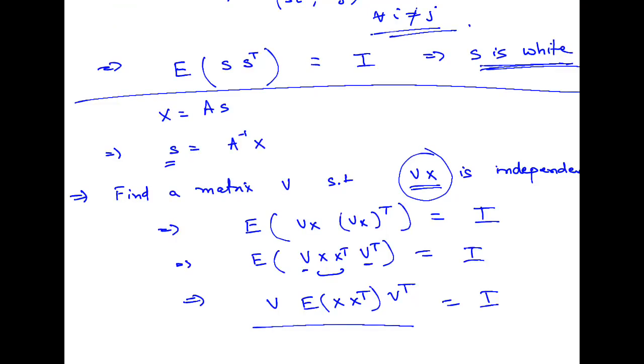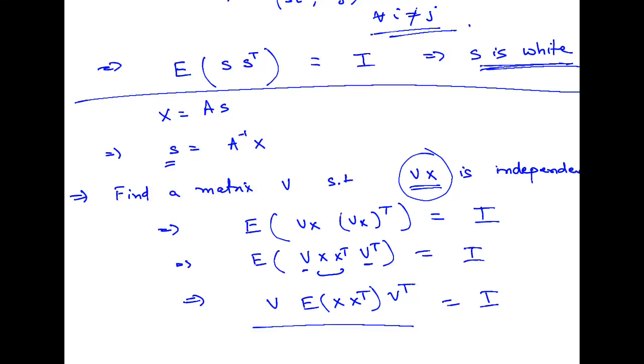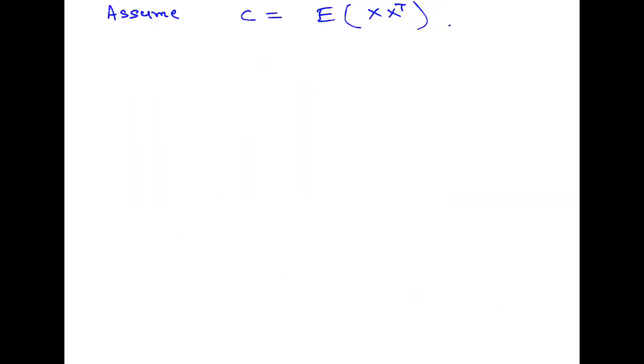So one approach to do that, can anybody guess? How do we do this? We have done this. Just have to think a little bit. So to find C, find V such that the thing that we have written here happens. But before we go there, how do you find C? Let's look at C.